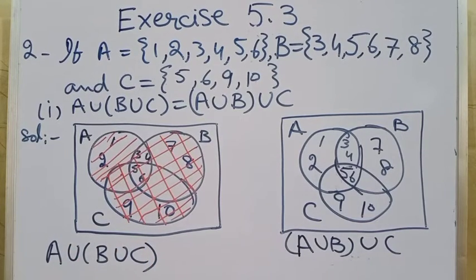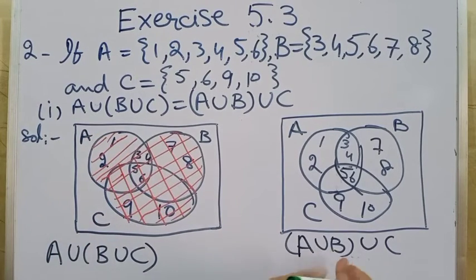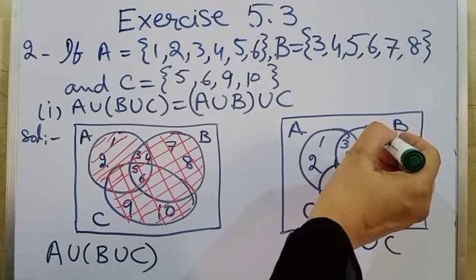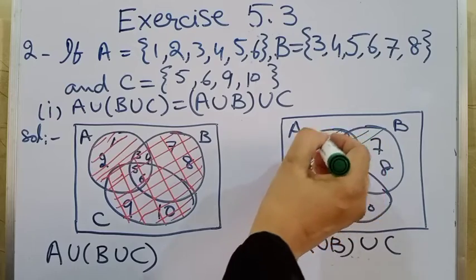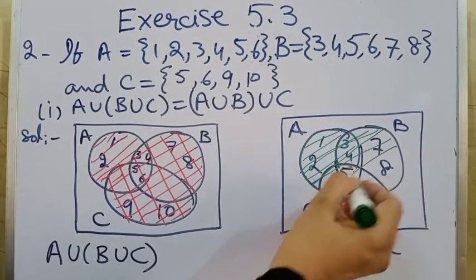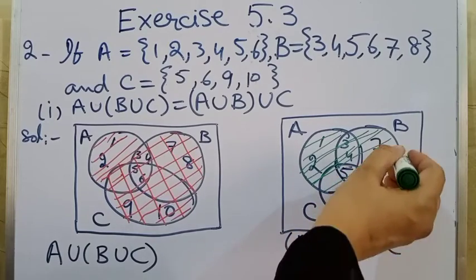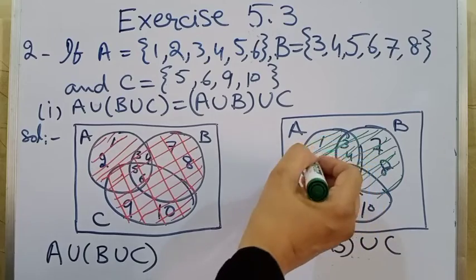And then it is union with set A. Next we have A union B. So we color A union B first. These are all elements common: 3, 4, 5, 6 in both sets,